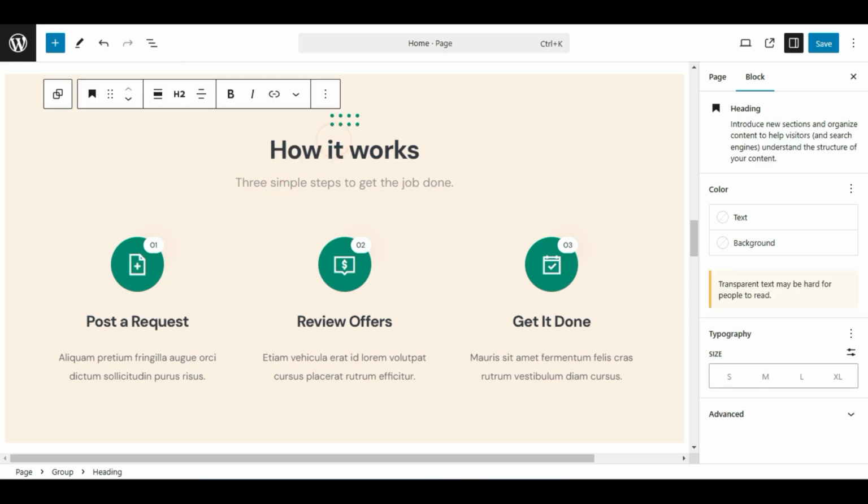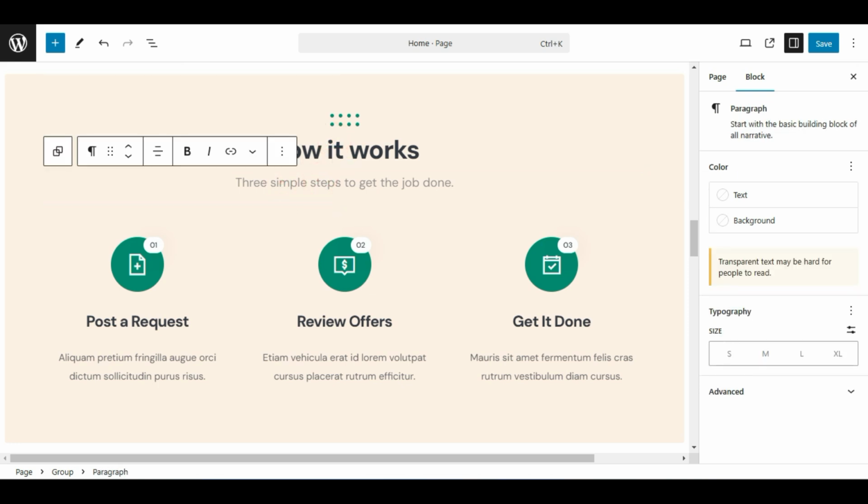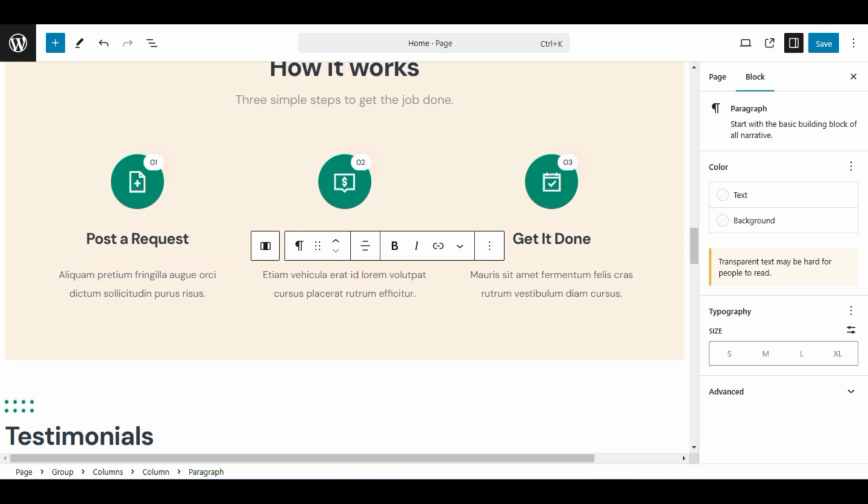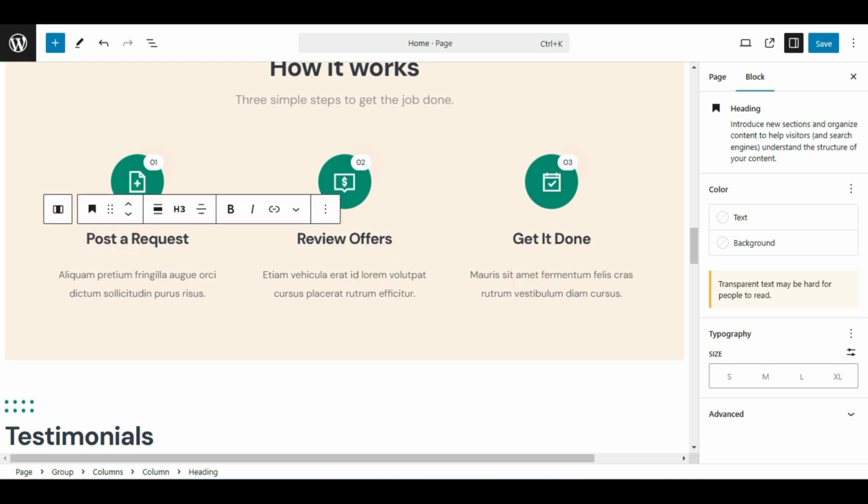You want to add how it works, and a description, three simple steps to get started, and you can provide detail in the description. Provide a nice description so the user will not be confused about how they can use your service: post a request, review offers, get it done. Okay, you can even change these